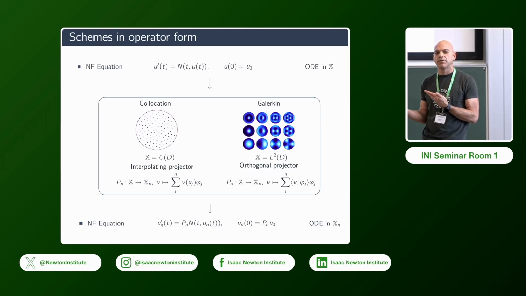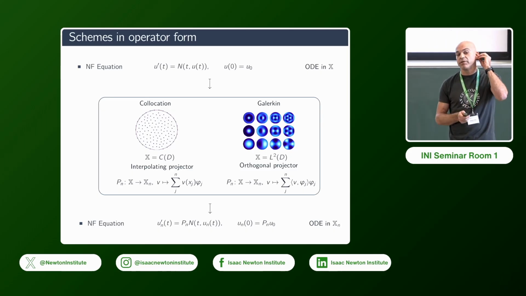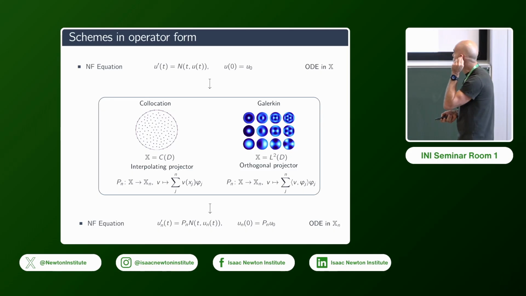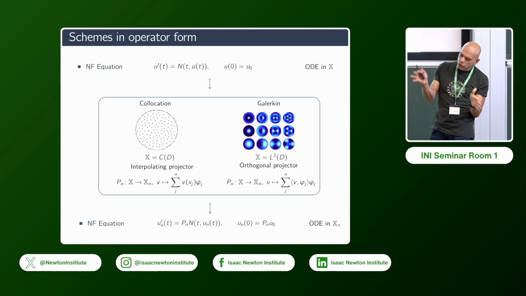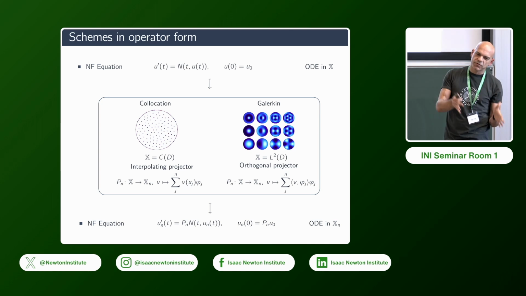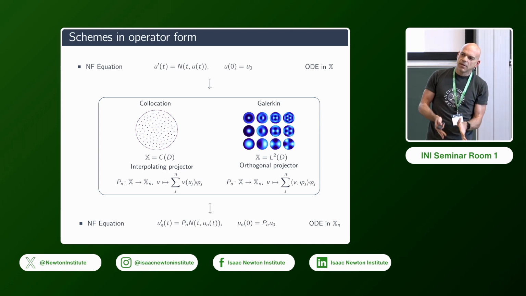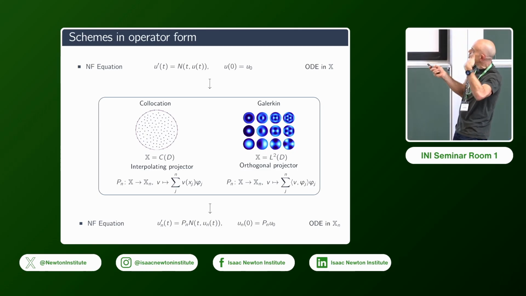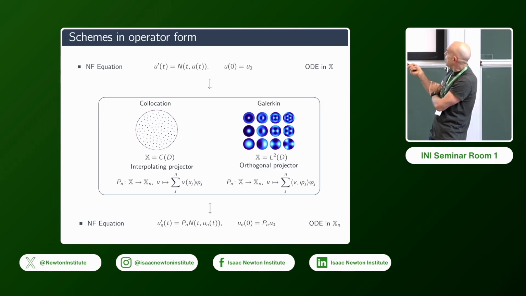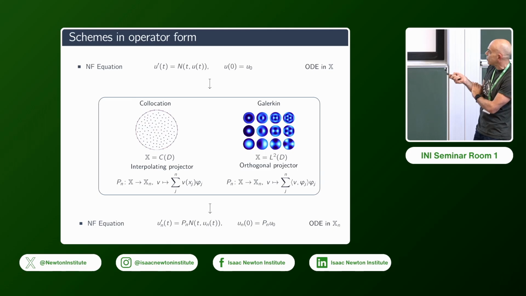So up until 2 or 3 years ago, there were no characterizations, as I said, of these schemes. So one of the things we did was to say, well, we want to build up the two big families of schemes that people use for PDEs, collocation schemes and Galerkin schemes, done for these types of problems. So let's say we can call U the solution of the full problem in Banach space, so in full function space. U sub n is a discretization that we do with a projection, either of the collocation type or Galerkin type,